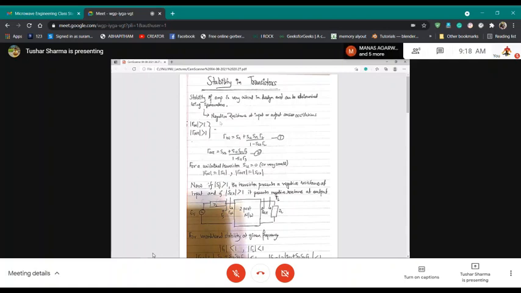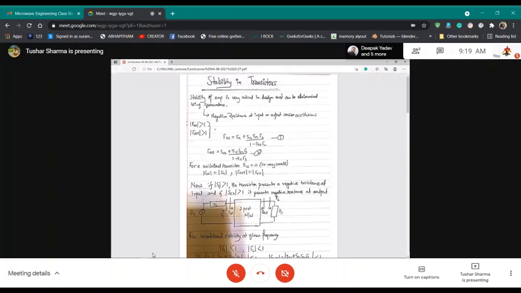Okay, so now if you see, it says that the stability of an amplifier is very critical, and negative resistance at input or output causes oscillations. Which means that your gamma in will be greater than 1 and gamma out will be greater than 1. And we understand this, right? Gamma in is looking into this network, gamma out is looking from this way into the network, gamma S is the source impedance, gamma L is the impedance you're terminating the load with.